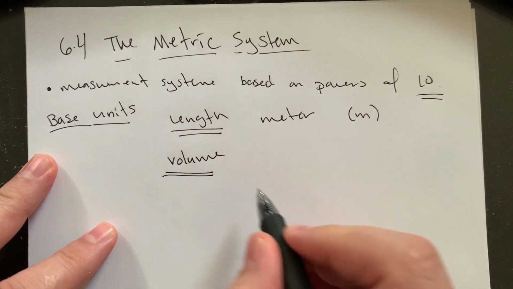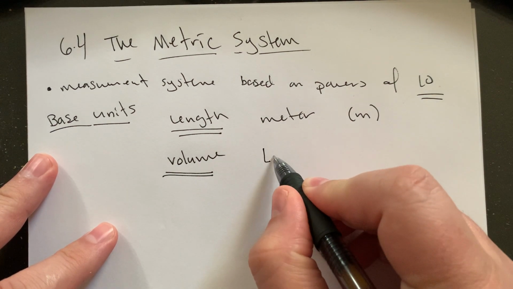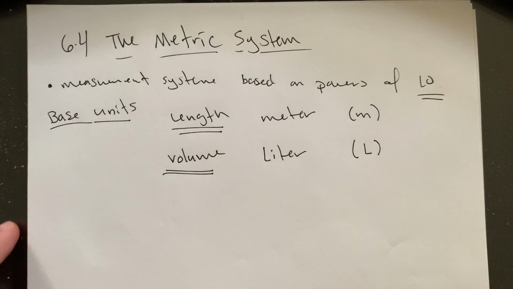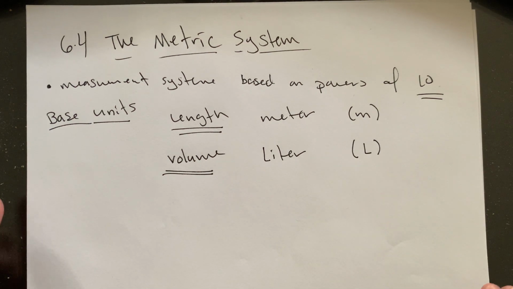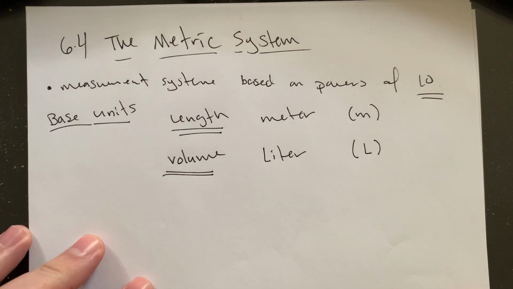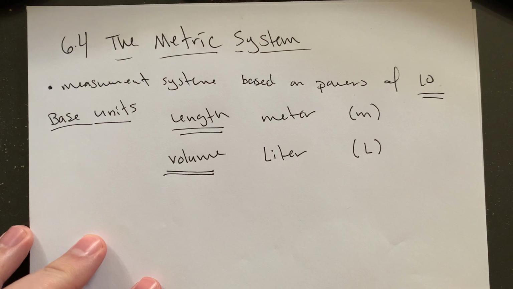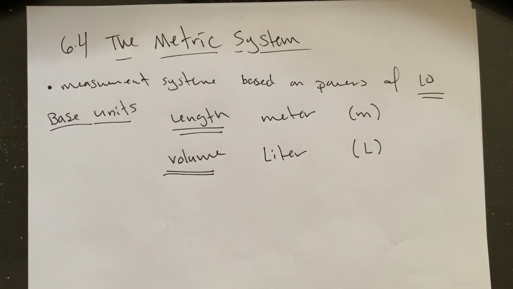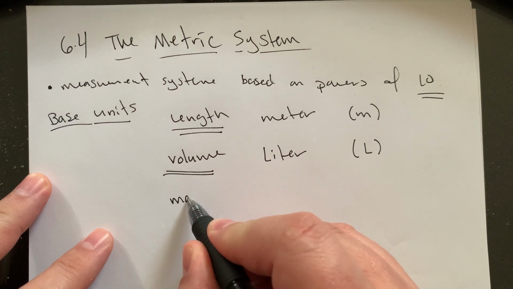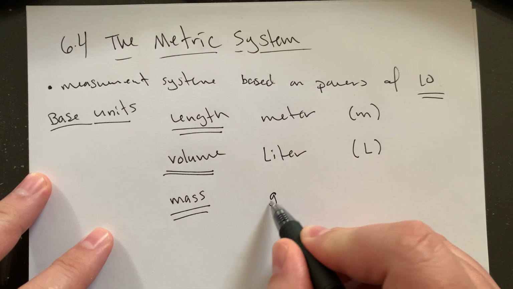The volume unit, our base unit here, is the liter. The abbreviation there is an L. Sometimes you see it as a capital L, sometimes you'll see it as a lowercase l. I might stick with capital L for now. A liter, if you think of going to the 7-Eleven or whatever, and you can get a liter of soda, a pretty good sized jug of soda, that's a liter. And then our mass unit, our weight unit, the base unit is the gram,